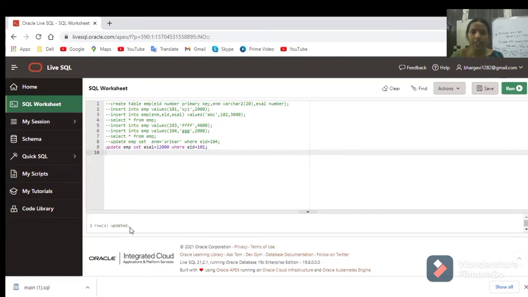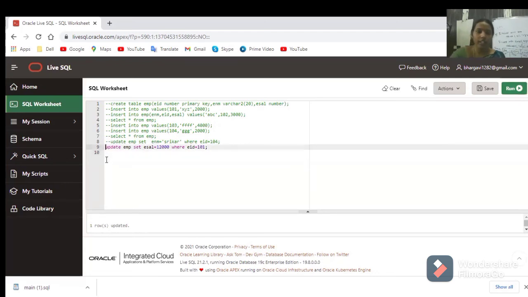One row updated. Previously you got an error here. Why? Because I was executing a select statement and an update statement together. Two statements of different kinds of commands will not be executed. This is a select command, this is an update command, so you are not able to execute that. But you can write two insert statements at the same time, or two update statements at the same time. Now one row is updated.